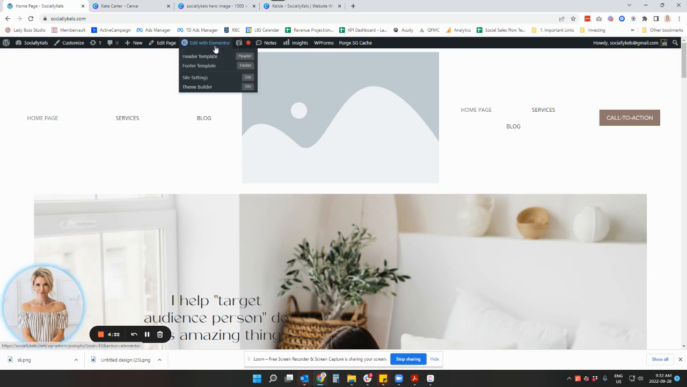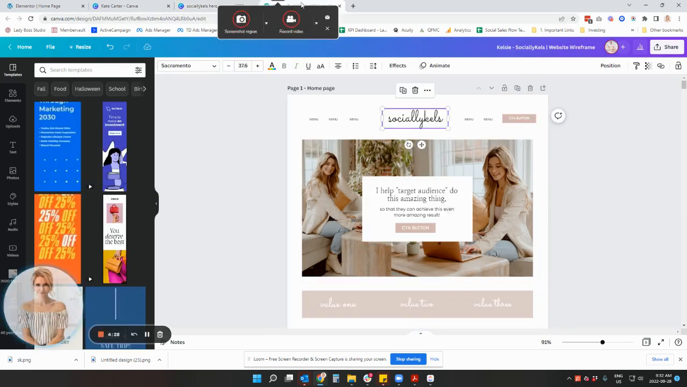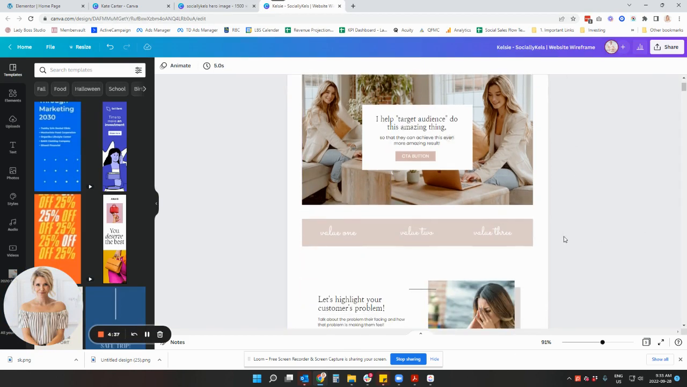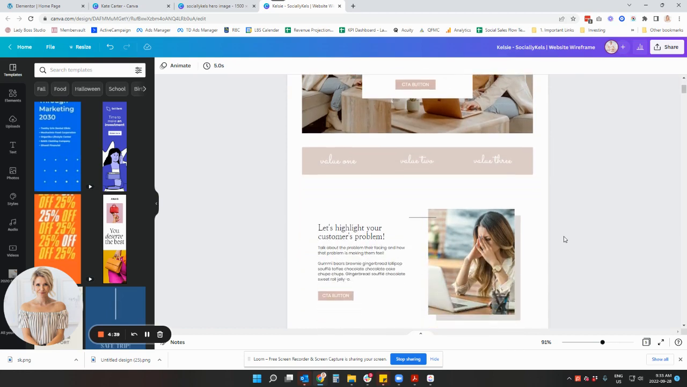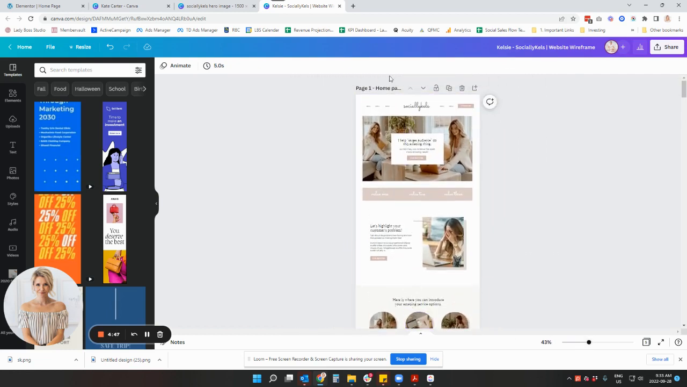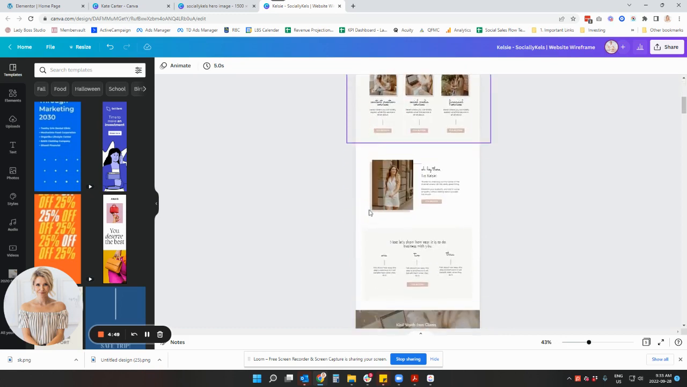So here on the homepage, I'm just going to quickly go edit with Elementor. Now this is the website homepage mockup that we've done for the client whose site we're building. So we use the Kate Carter Canva template that comes with the Elementor website templates that you would purchase. So you get this Canva version on purpose, so that way you can go through and actually visually plan what this is all going to look like